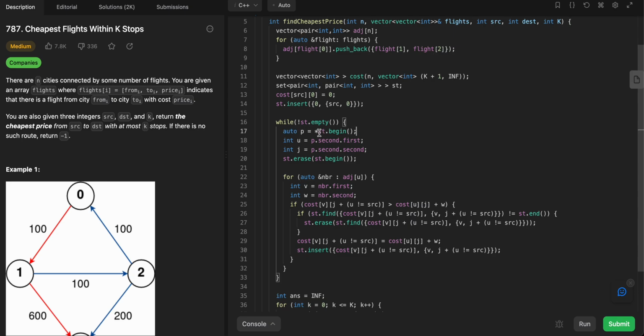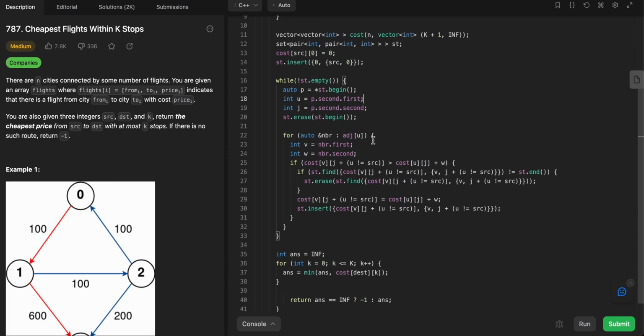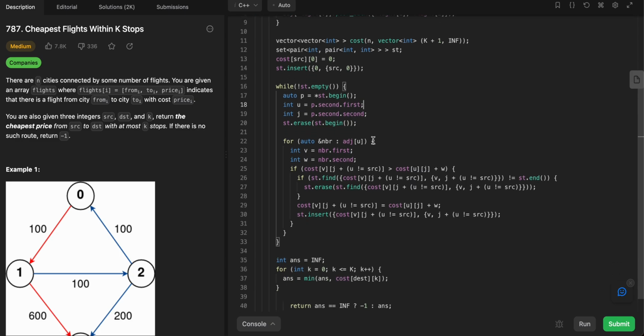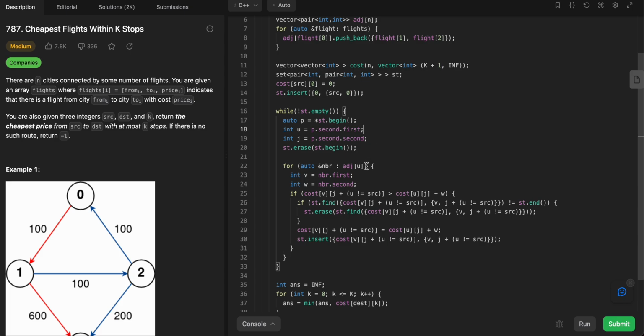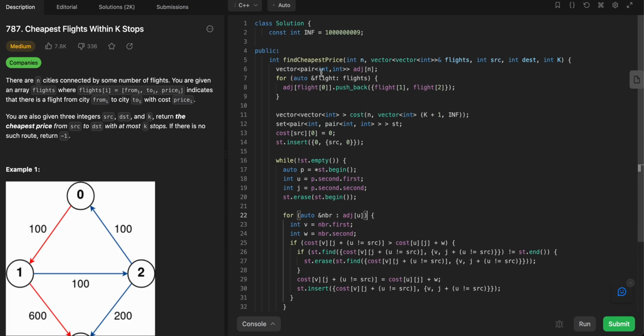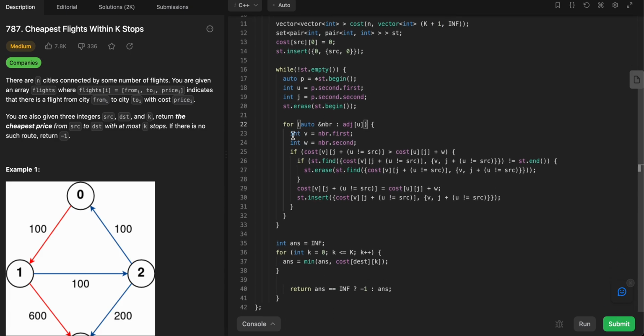Get that st dot begin, erase st dot begin after getting that from P. Okay, go to the neighbor. Now the adjacency of u will be a vector of pairs, so v, u, v and w if cost